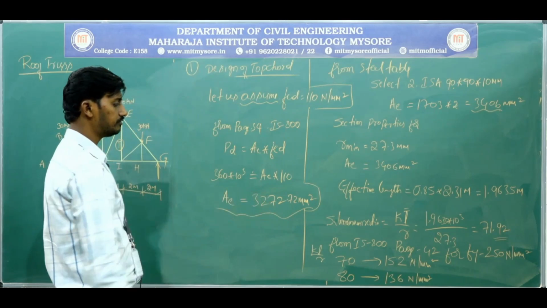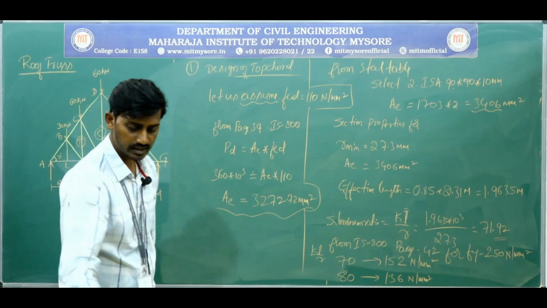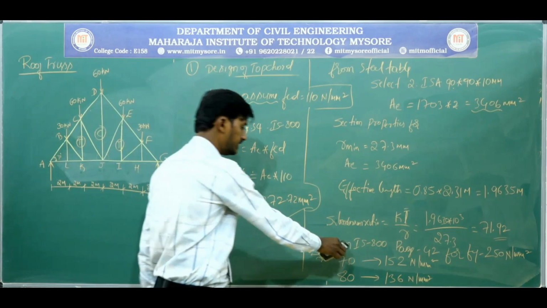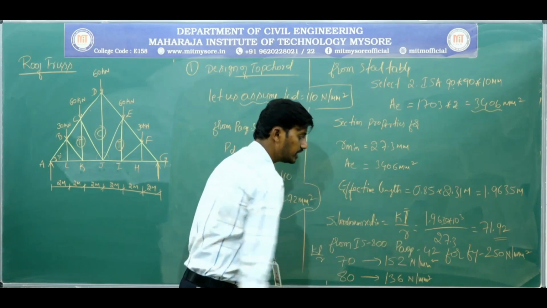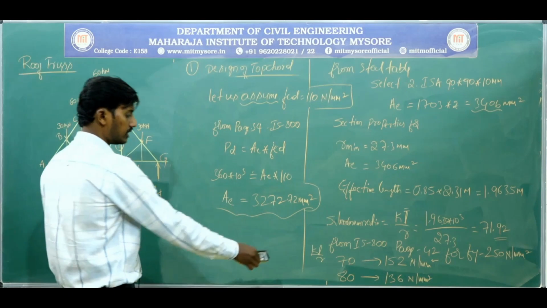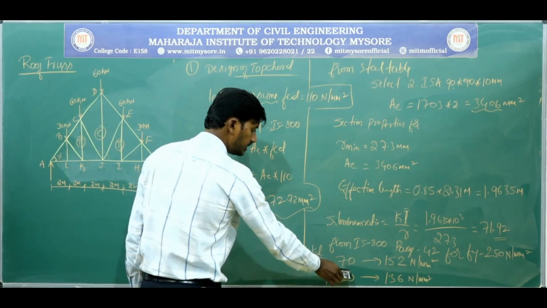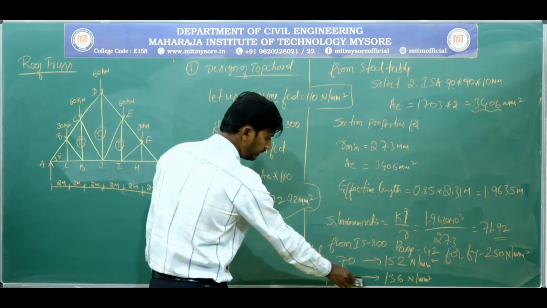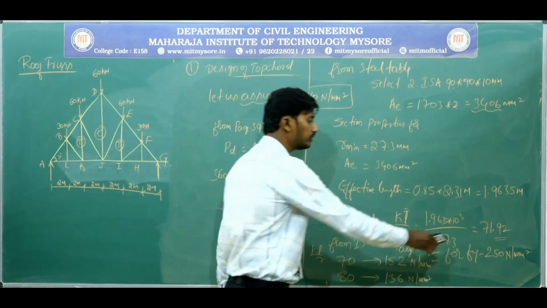It is given for class C in the steel code, IS 800, page number 42, for yield strength of 250. For KL by R value of 70 you get 152 as the FCD value, and for 80 you get 136, but we want